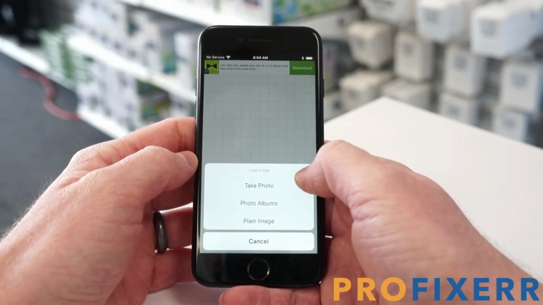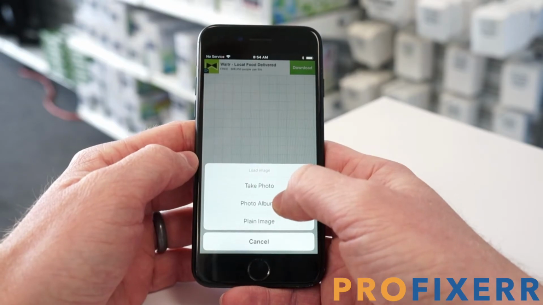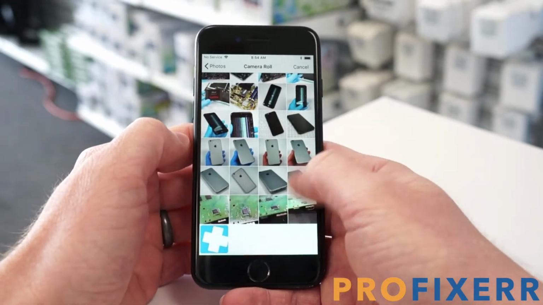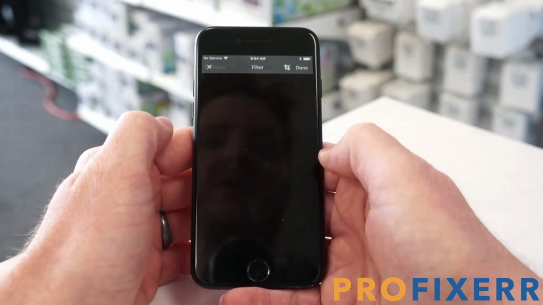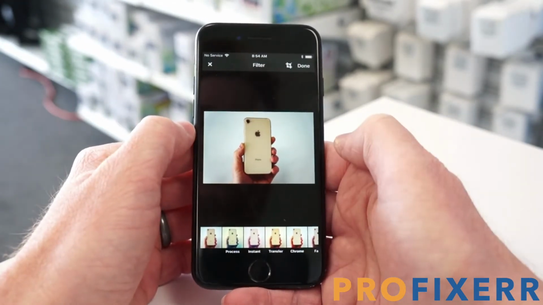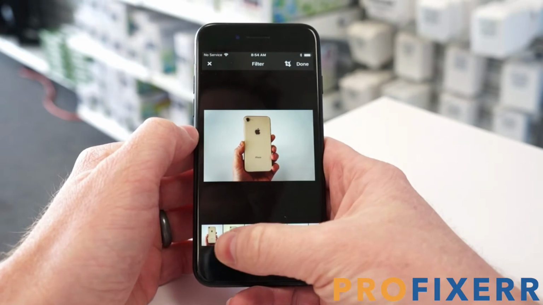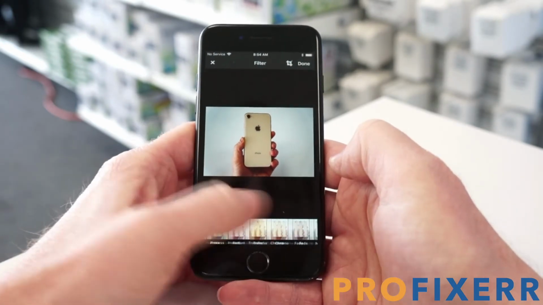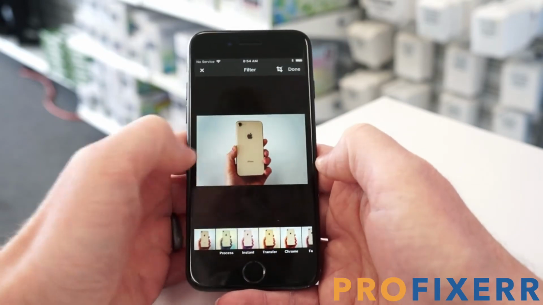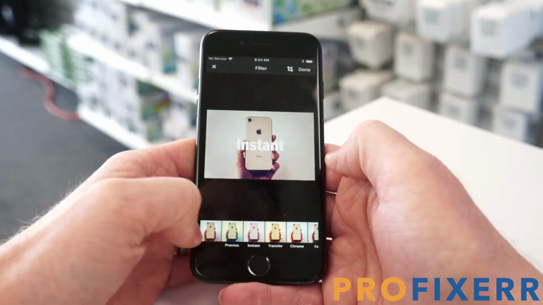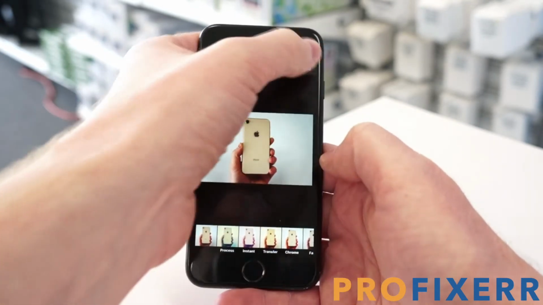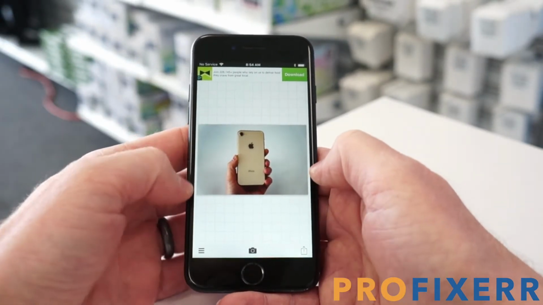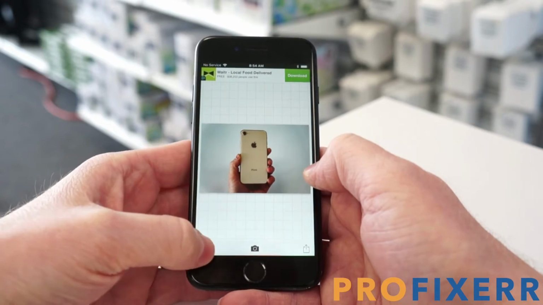But first things first, go in the app and go to your photo albums, and you want to select the photo that you want to add the logo to. So this is the one in particular that I want to show you in this video. On the bottom here, you'll see a bunch of different Instagram type filters. I would just recommend leaving it like normal because it gets kind of a little bit crazy whenever you use those. Click done. You'll add it to your canvas here, which then you can click these three little bars on